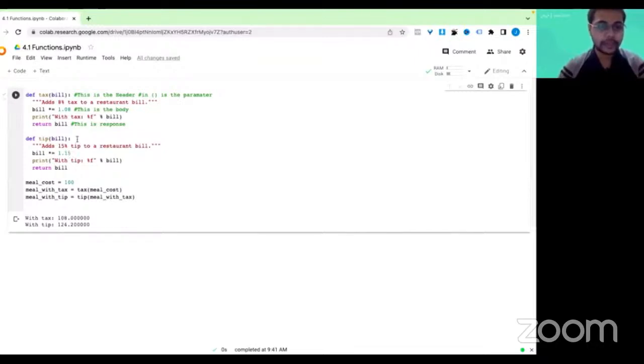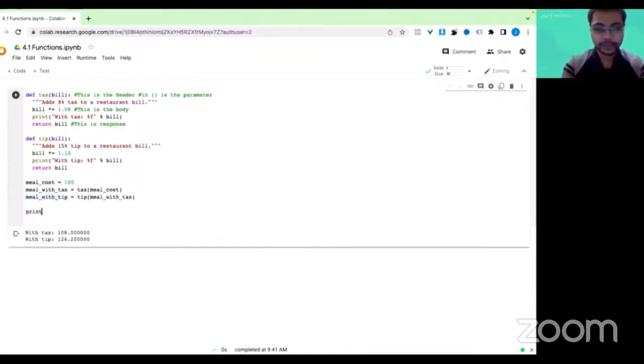Now what happened here is the 108 as bill was passed on to the second function, and it was multiplied by 1.15, and that was printed in the statement as above. And then this also was returned, the new updated restaurant bill was returned, and it was saved in meal with tip variable, right? So let us even try to print the variable